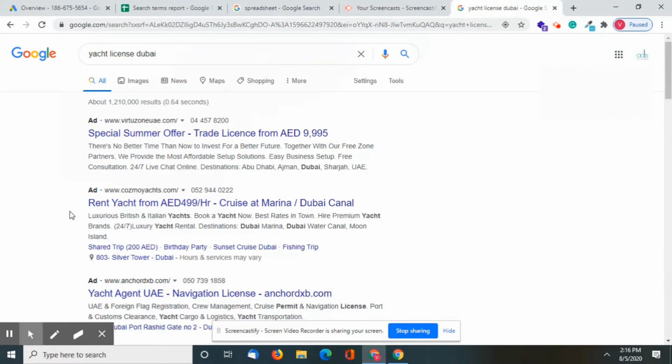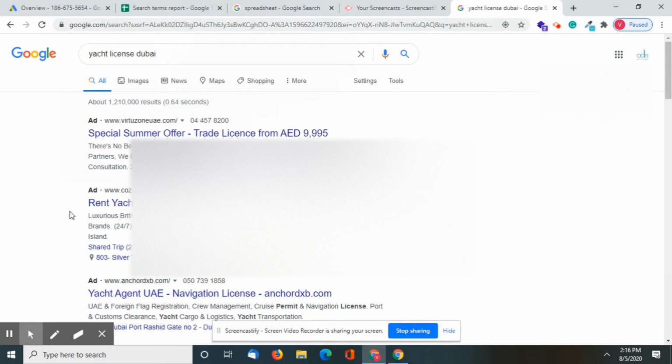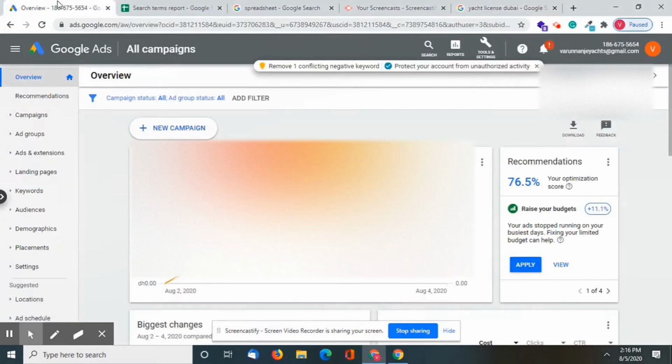So that is an irrelevant term. A lot of irrelevant terms come up for your ads, and for each click you're going to lose money. It happens, but you need to control it. By doing a search term analysis on a daily basis, you're going to save a lot of money. So how should you do that?